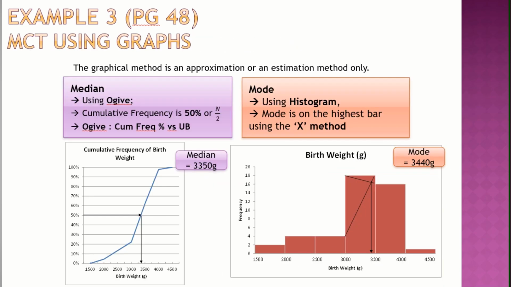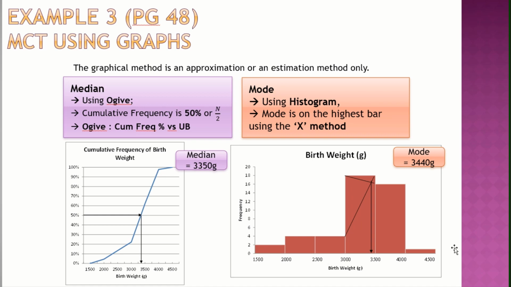Alright, so now let's look at graphical methods. So I'll go through histogram first because we have done histogram together. So whenever they tell you to estimate mode or use graphical method to find mode, you're going to use your histogram to find mode. How to use histogram to find mode? First, you draw your histogram as per usual. Like I told you, between the first bar and the axis there is no gap. No gap, understand? So you straight away start at 1500.